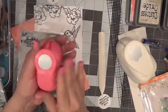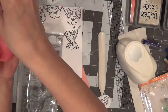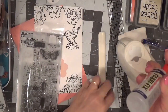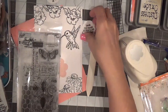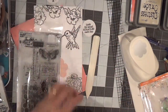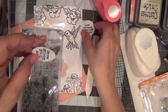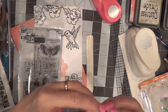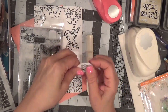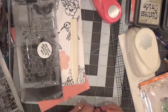This is the next step. You need a puncher, or you can find a cup and use the bottom of the cup or the bottom of any bottle that you have. Wow, this is perfect. I will tell you the size of this circle, and it is 1.5 inches. And you're going to cut your sentiment. This one didn't cut too well. Oh well. And then after you have cut your sentiment, you're going to take a distress ink, and I'm going to use